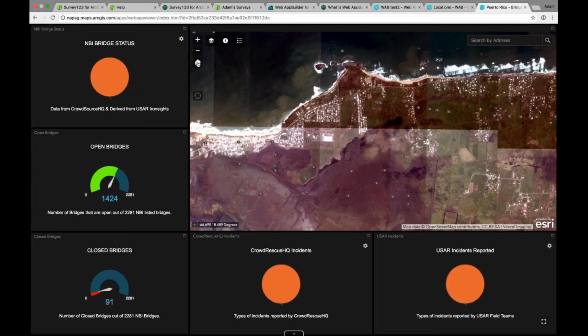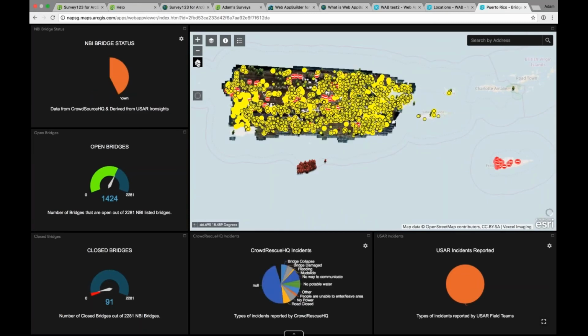So these are being used. There's 2 or 3 more examples that I've seen for Puerto Rico specifically, but I know there are hundreds and hundreds of applications being used specifically for disaster relief for the hurricanes that we've experienced in the past couple of months. So I'd encourage you to take a look at Web App Builder, take a look at the gallery of apps that are being put out there, follow some of the Esri Twitter accounts for Esri apps. Those are incredibly useful, not only for tips and tricks and documentation, but for examples like these, how it's being used in the real world as well, because that's really where we get excited, kind of as Esri staff,